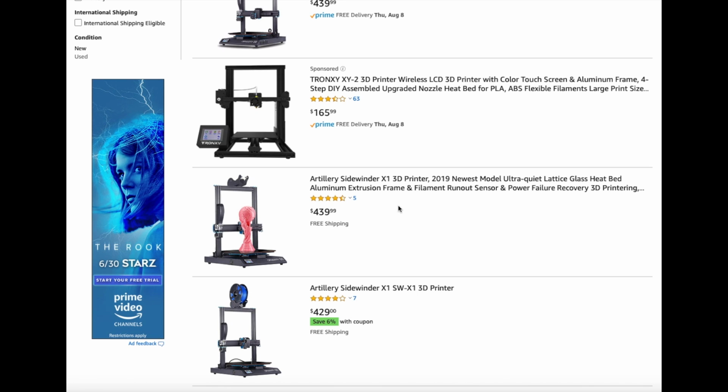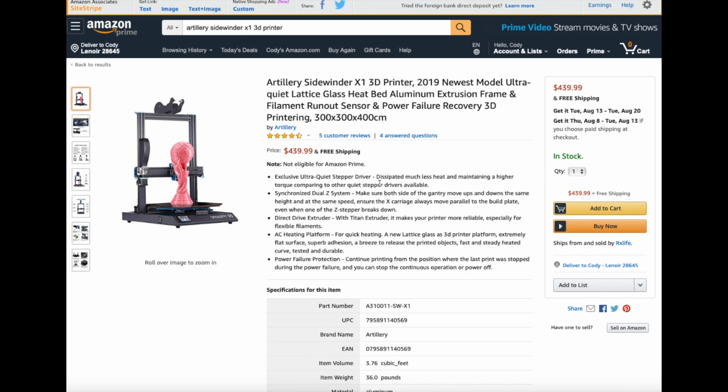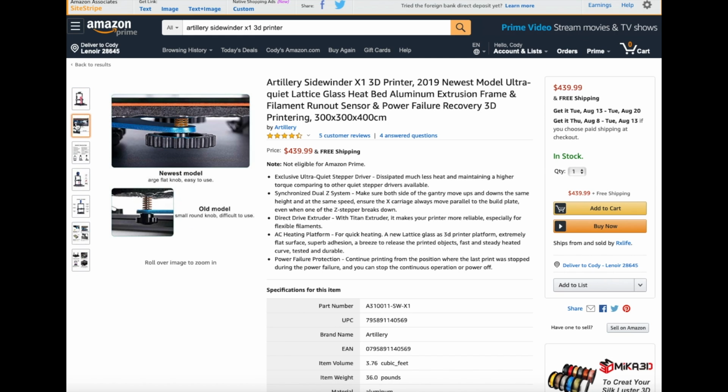Either one of these two, the $439 one or $429 one, are fine. Decided to go with this one. I've seen a few things about it on Instagram and Facebook. It looks pretty interesting. It shows that it's an upcoming 3D printer, but it's still good quality from what I've seen. So the price is